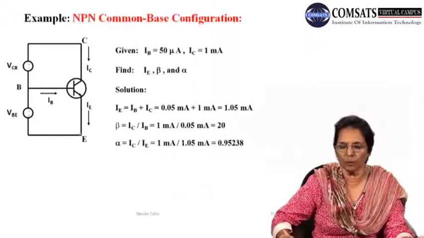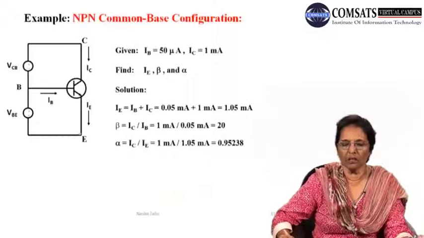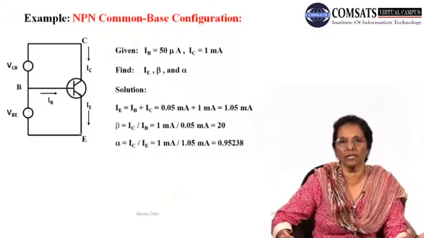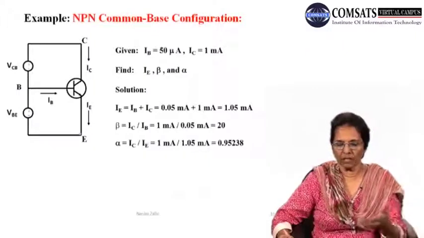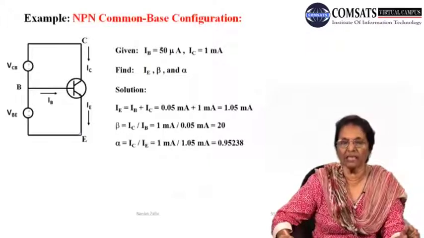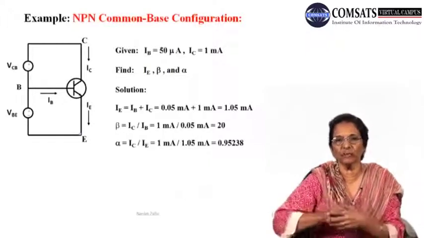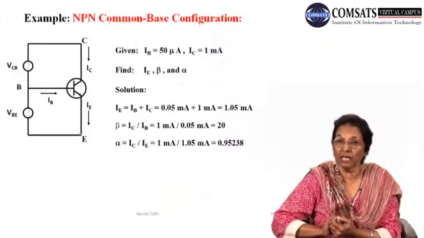तो मैंने आपको बेस करंट दी है, मैंने आपको कलेक्टर करंट दी है, और I have required that you should calculate the emitter current IE and beta and alpha, and I'm sure you can do so. और यहाँ पर solutions भी मैंने provide कर दिए हैं, लेकिन आप इसको reiterate भी कर सकते हैं for different configuration कि आप